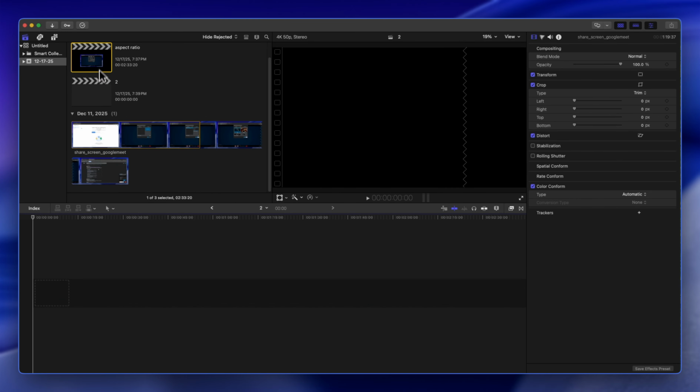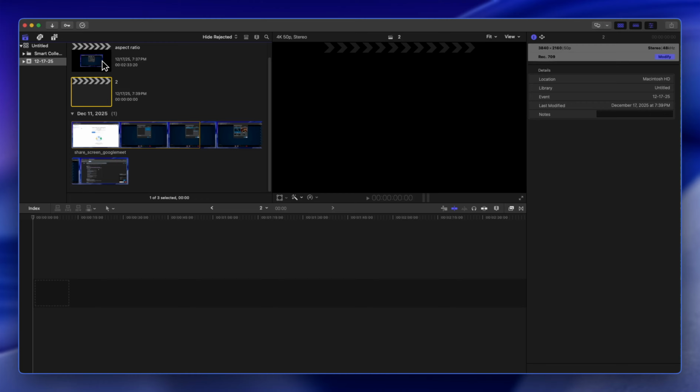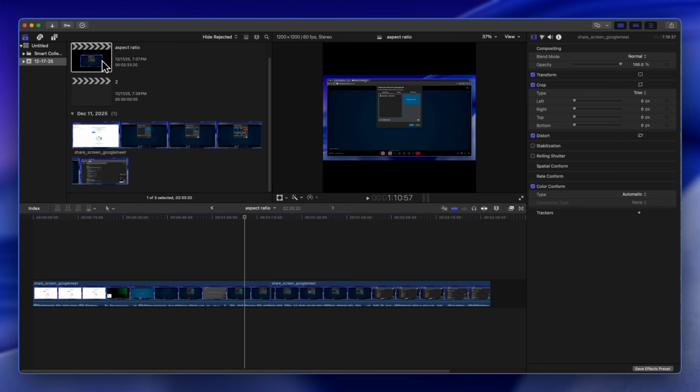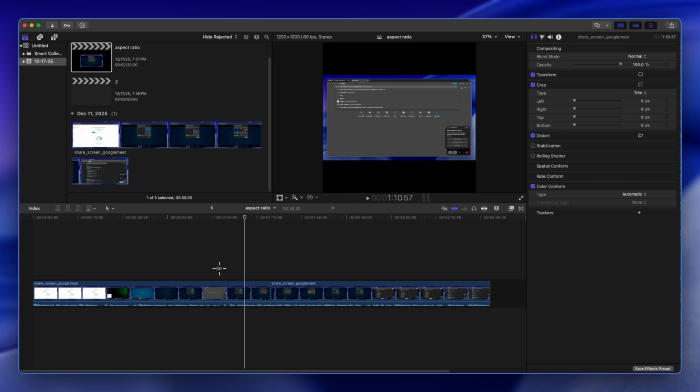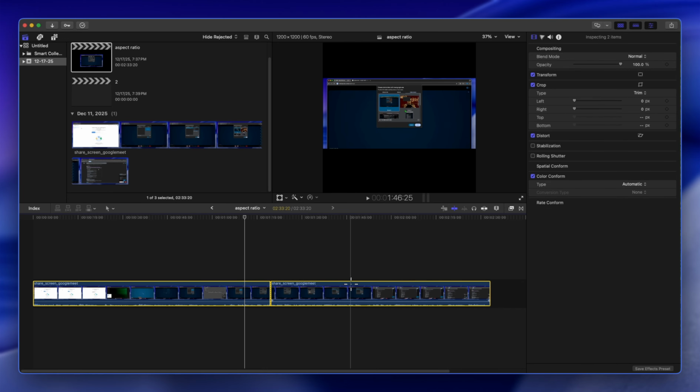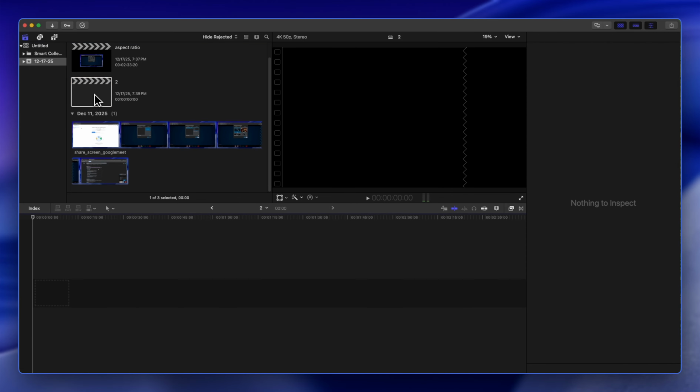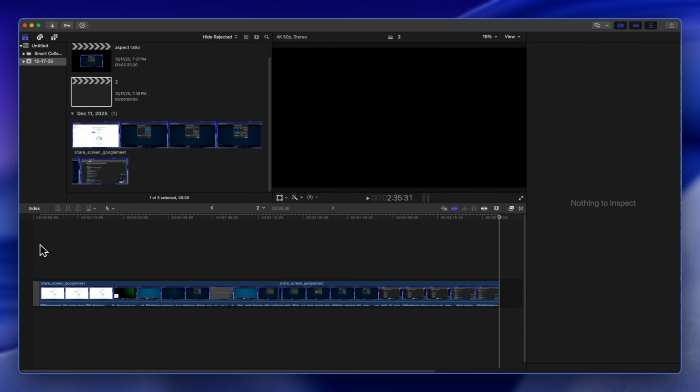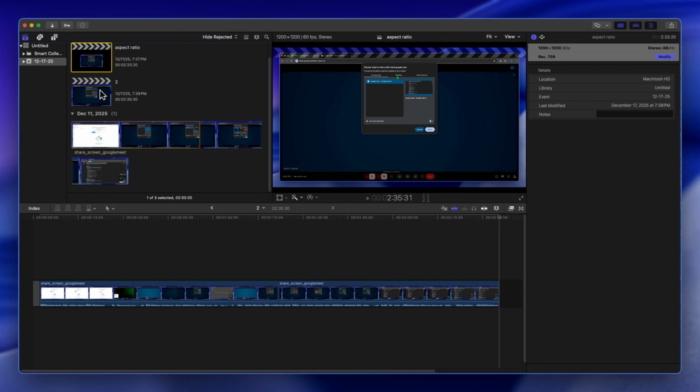So now you have a duplicate of this project with a different frame rate. Now you're going to come to the first project. You're going to double click. And once you double click, you're going to select all of the files under here. You're going to press Command C to copy the files. And you're going to double click on the second project. And here you're going to paste in the files here. And once you paste it in, you should have the same files that you have in the first project in